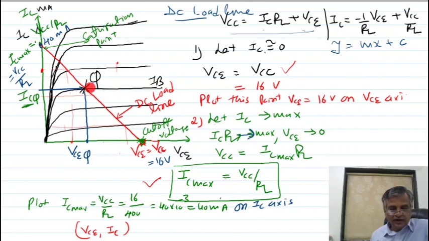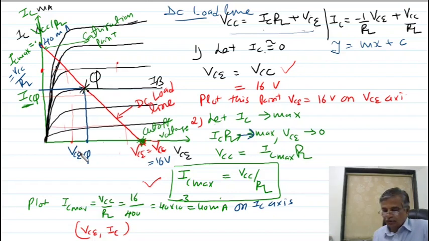So remember, the Q point is the operating point, or DC load point. Later on you will study it under the Q point condition. This operating point means at which value of the collector current and at which value of the collector voltage your transistor is operated when AC input is not given. Remember. Okay, this is about this point. This is your VCC.